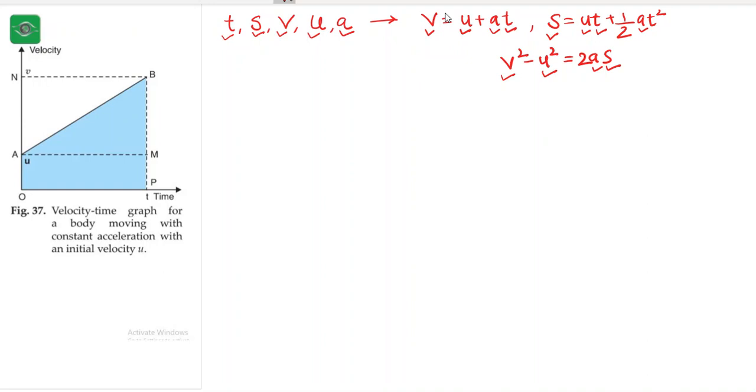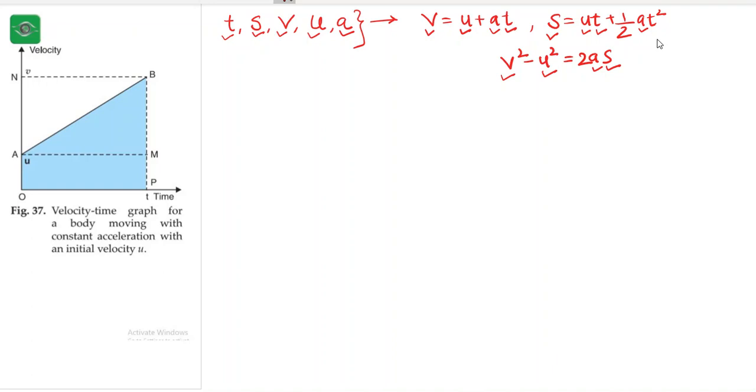That is the use of these 3 equations of motion. And because there are 5 total quantities in play, we cannot make a formula which involves all the 5 quantities, because it's possible that the 5th quantity is of no use. There are just 4 quantities which are important, of which 3 are given and 1 is missing. So you can use 1 out of these 3 equations. These are known as equations of motion. Equation of motion. Okay, remember this.